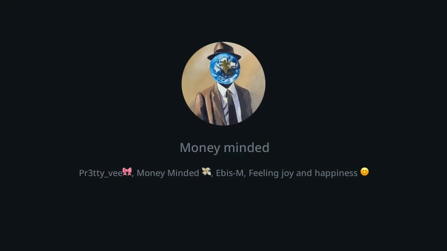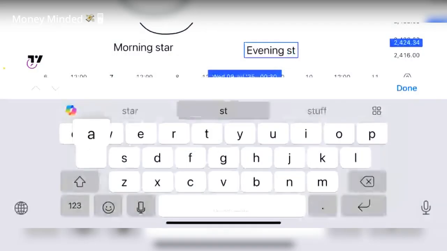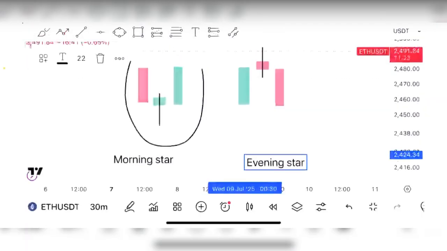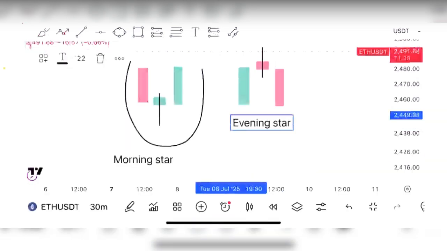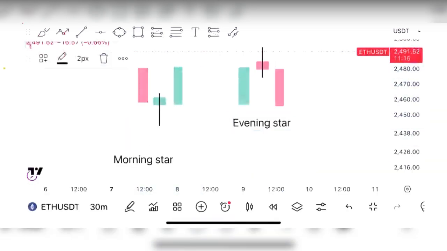So whenever price gets to your point of interest, you are either looking for the evening star or morning star. If you don't find the evening star or morning star, that is when you start looking for